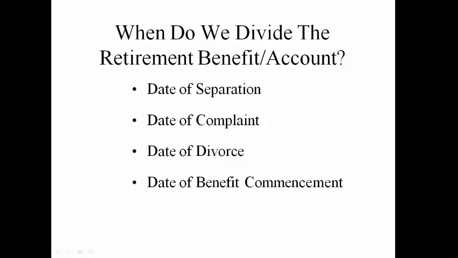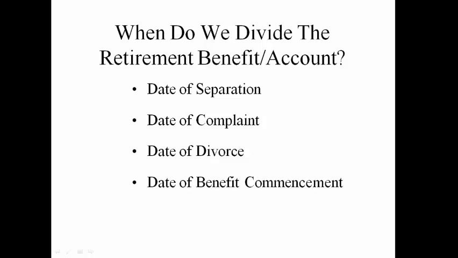Now, from the date of the complaint to the date of divorce, from my experience, could be as short as 1 month and as long as 7 years. My experience has been that the divorcing parties will agree almost quickly on everything but the retirement plans. And the why is because the retirement plans are the first or second largest asset in the marital estate.